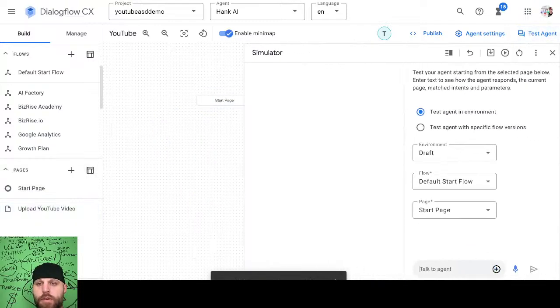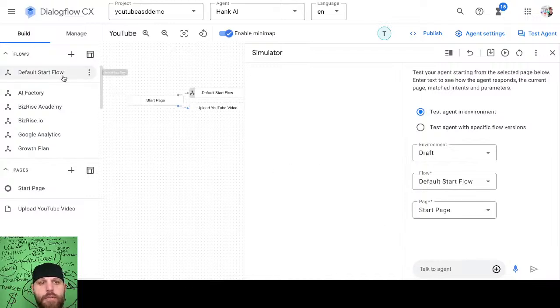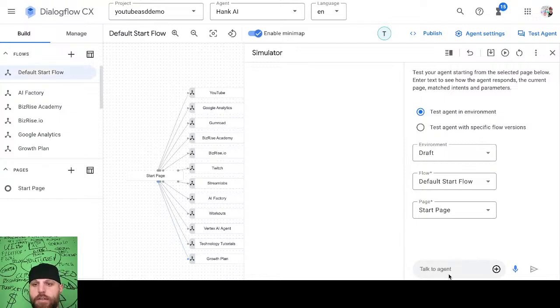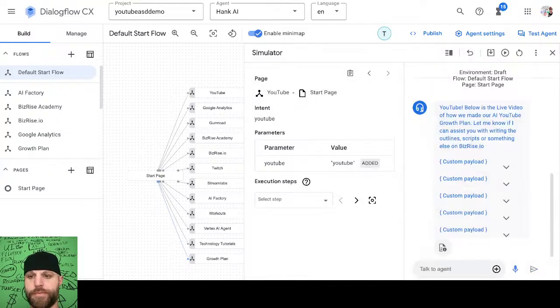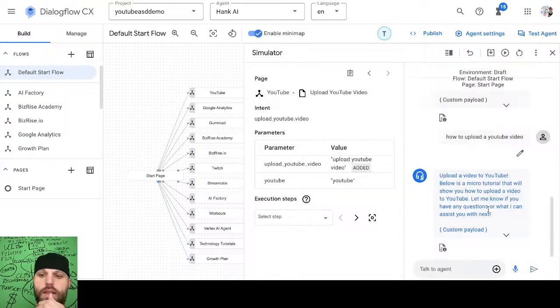Let's test out this agent. Let's go back to the default start flow and make sure pages. Hello. YouTube. Upload YouTube. Alright, so now we know our YouTube videos in there.